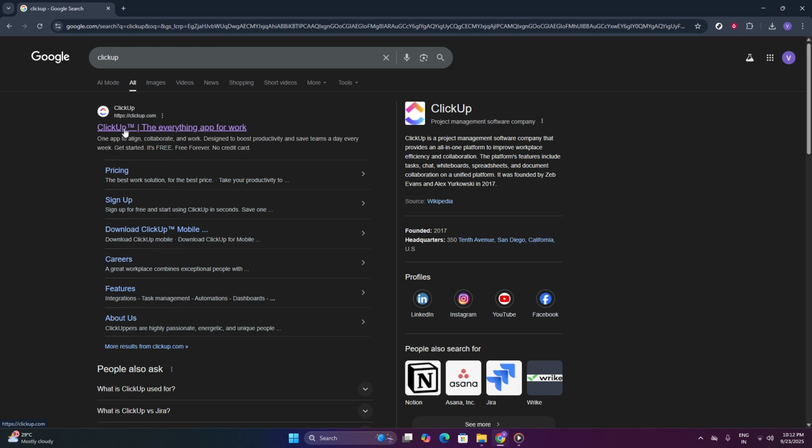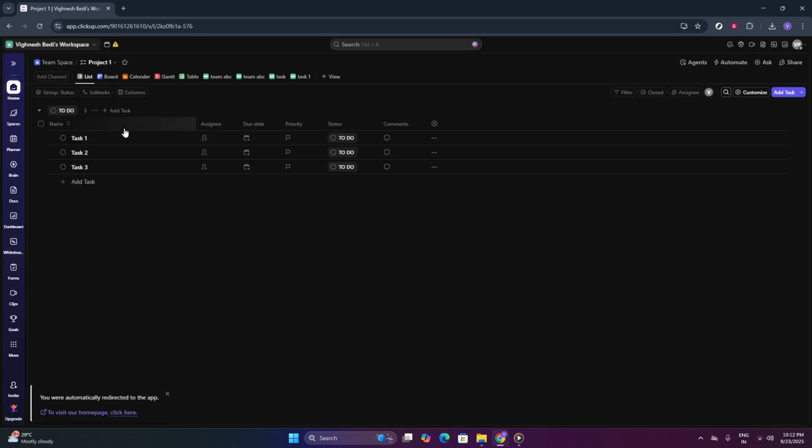After you've found ClickUp in the search results, go ahead and click on the link that takes you to the ClickUp homepage. The site will load, presenting you with its colorful and user-friendly interface. From here, you'll want to navigate to the Calendar section. The calendar is where you can view and manage your tasks by date, ensuring you meet deadlines and plan your